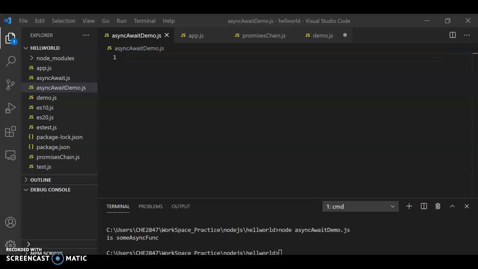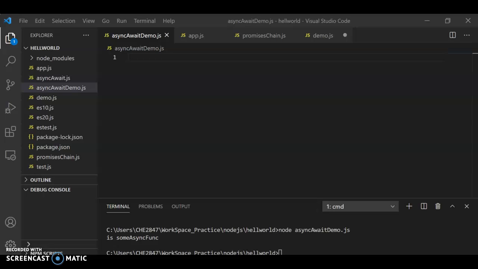As you know, callbacks were very hard to read. If you have a bunch of callbacks with a callback within a callback and again another callback, it's going to be callback hell. We know that's very hard to read, and that's why promises were introduced. Later on, promises also turned out to be a little more complicated to read syntax-wise. Callbacks and promises were introduced in 2015, especially promises, and later, I think in 2016 or 17, the async and